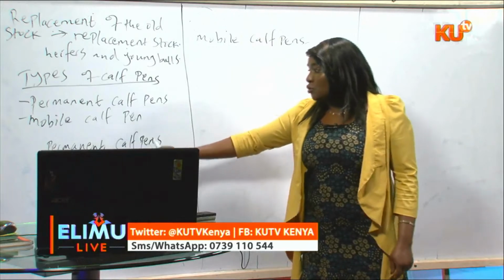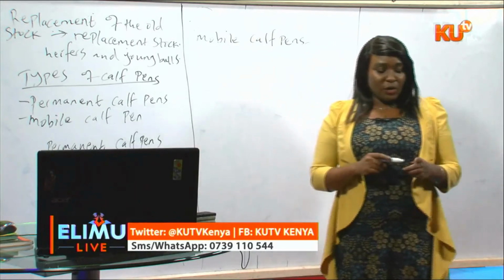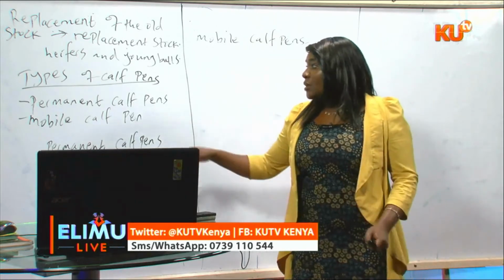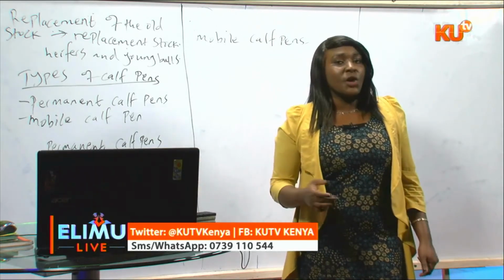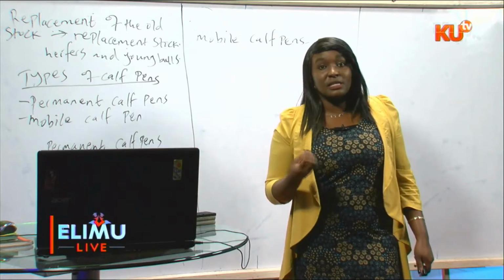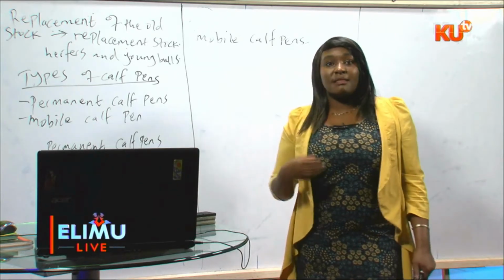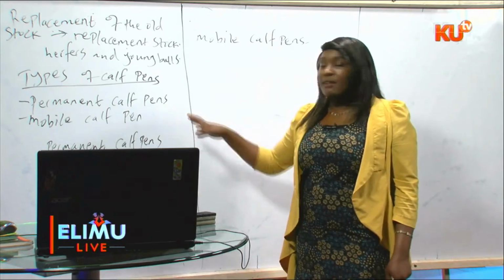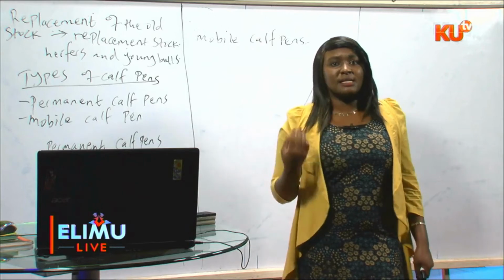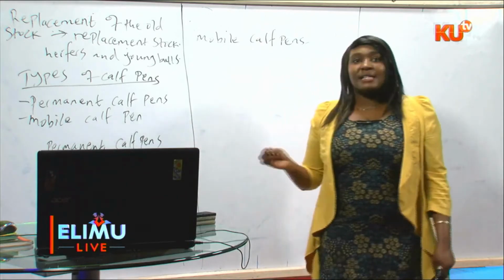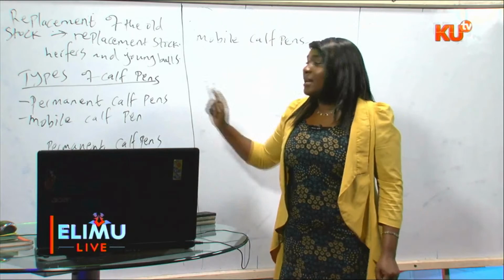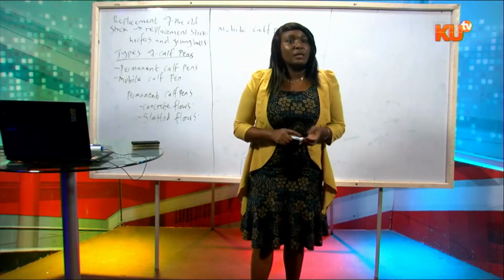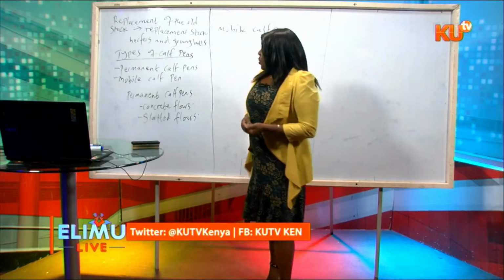the permanent calf pens. So the permanent calf pens, we said maybe a disadvantage you can talk about is the fact that you require materials that are a bit expensive to construct, like the sand and the ballast and the cement to make the concrete ones. That makes it a bit expensive. But on the other side, the permanent ones are durable because they last in the farm for a very long time. So up to that point,